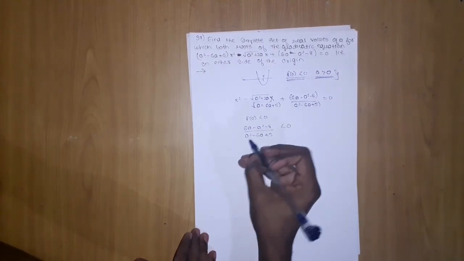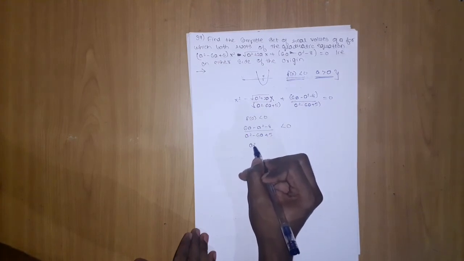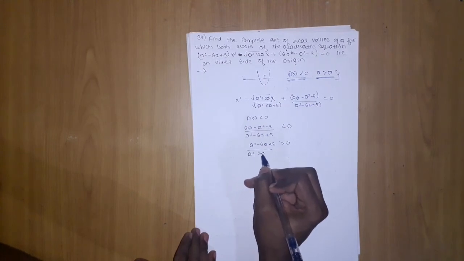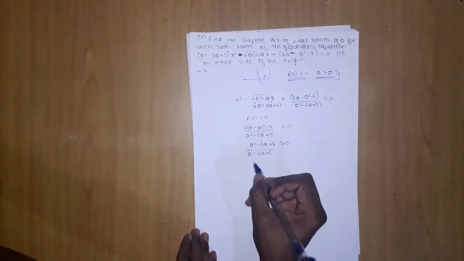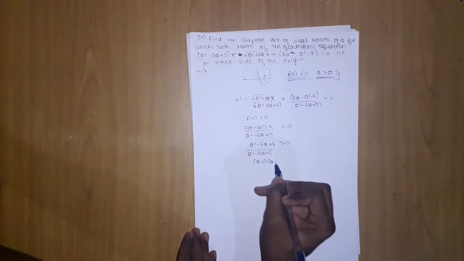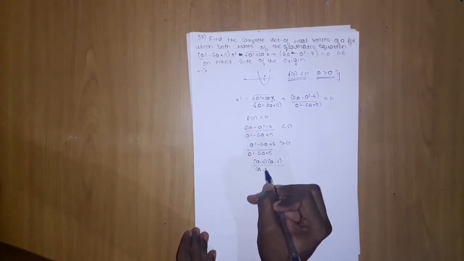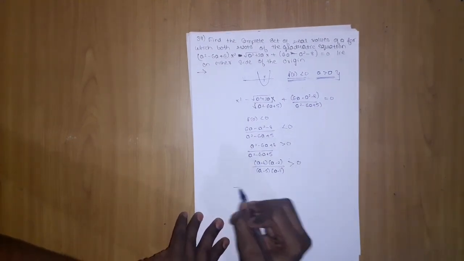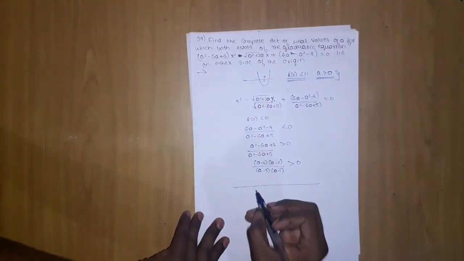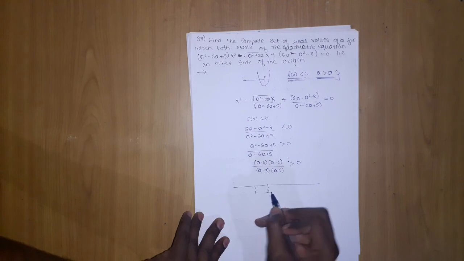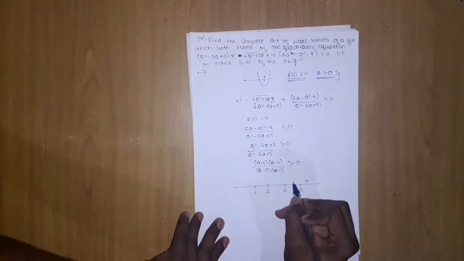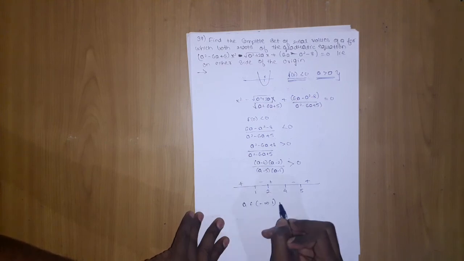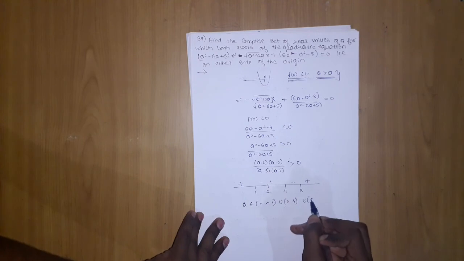less than 0. If I multiply by negative, a square minus 6a plus 8 should be greater than 0 upon a square minus 6a plus 5. Now what are its roots? Its roots are a minus 4, a minus 2, a minus 5, a minus 1. Now I will solve by wavy curve, because there are a lot of numbers. 1, 2, 4, 5, positive negative positive negative positive. So a belongs from minus infinity to 1 union 2 to 4 union 5 to infinity.